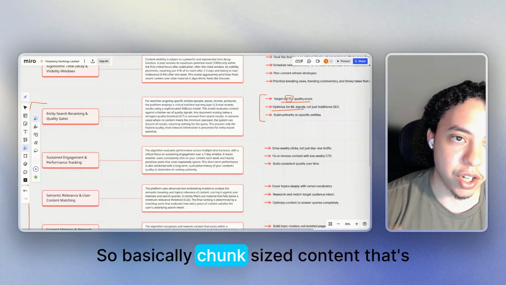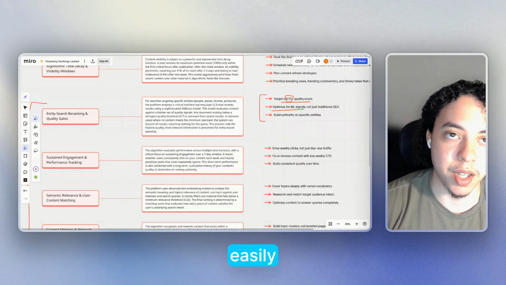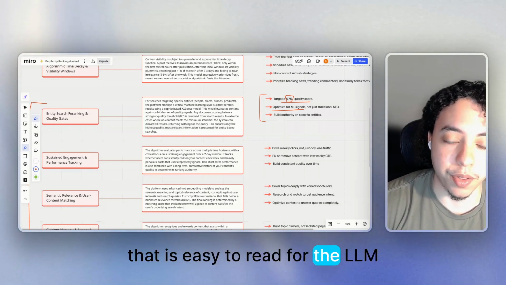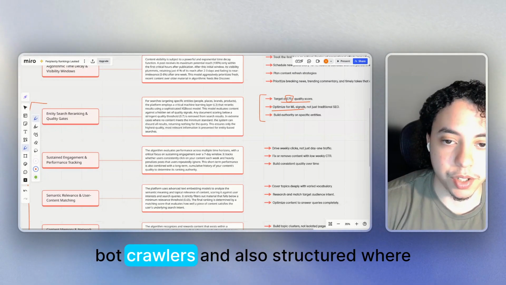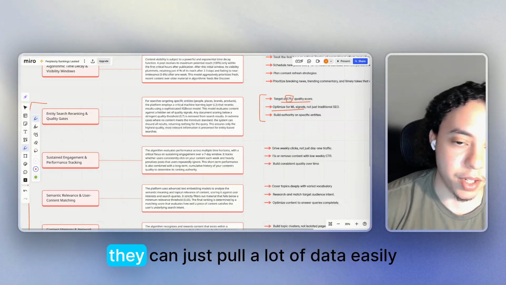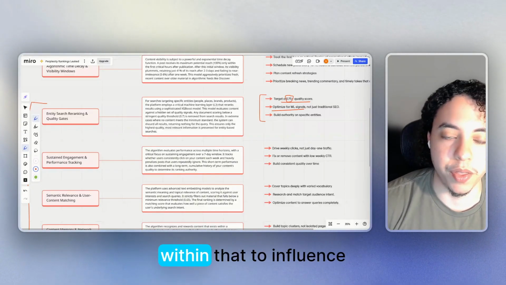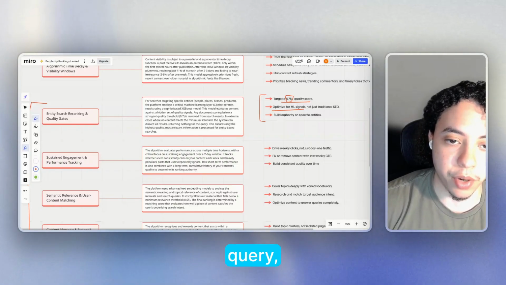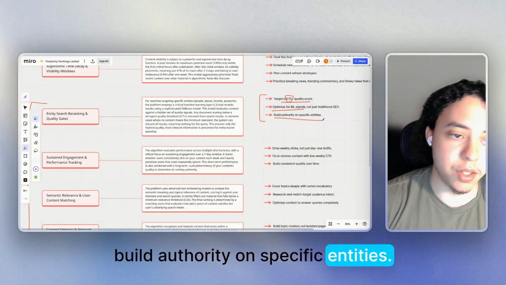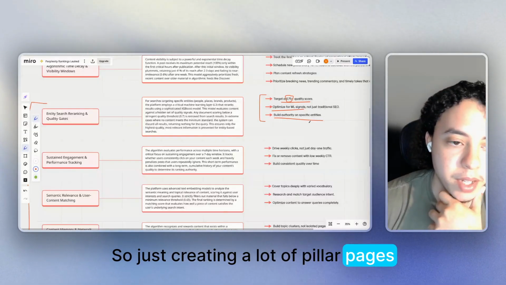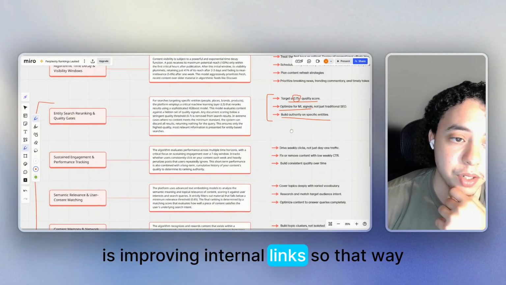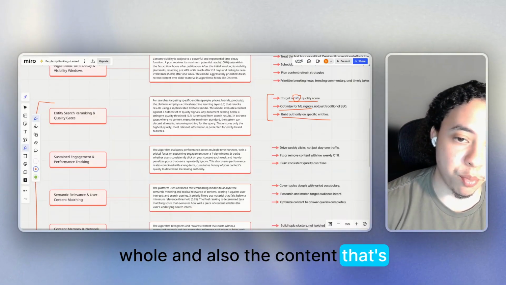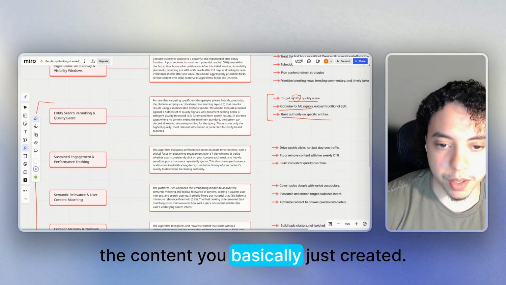So chunk-sized content that's organized and easy to read for the LLM bot crawlers, and also structured so they can pull a lot of data easily, influencing their generative result for that specific query. Build authority on specific entities by creating a lot of pillar pages and improving internal links, so that the crawlers understand the site as a whole, and also the content that's supporting the content you just created.